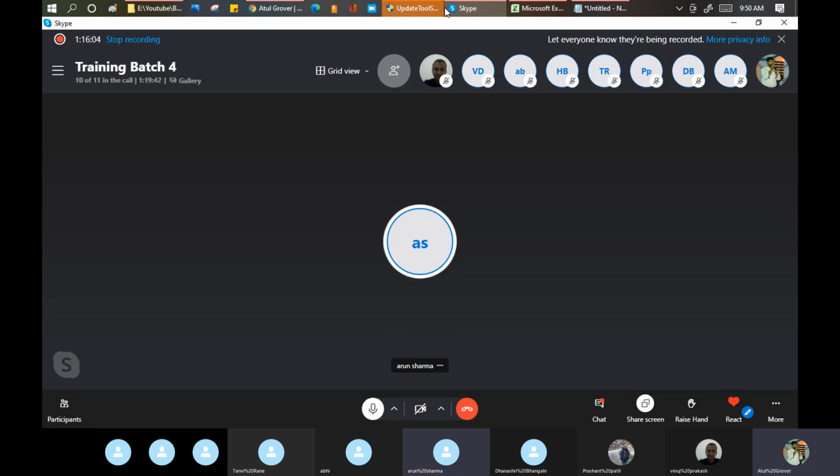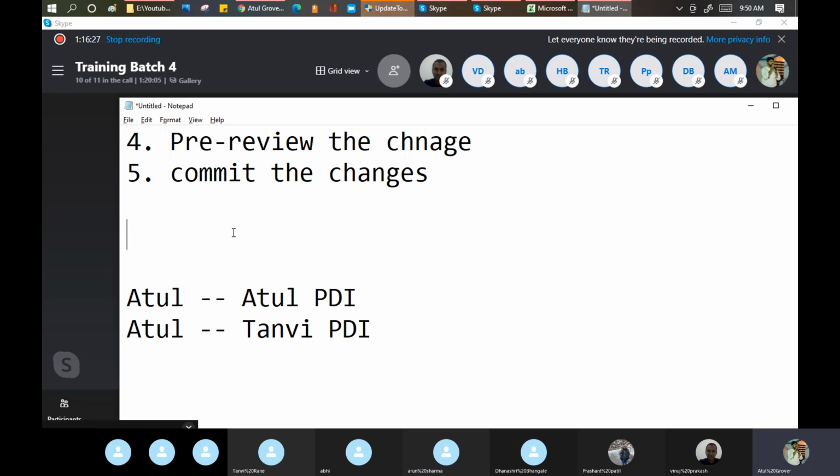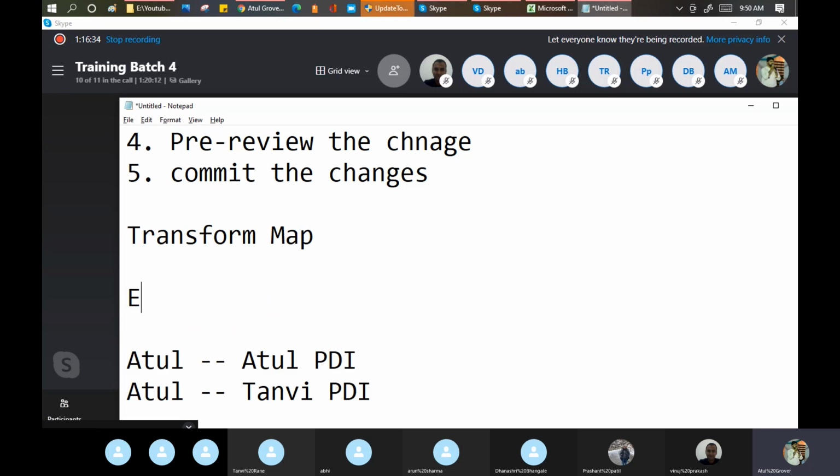So this was the role of the XML and the sys ID, right? Whereas two days ago, when we spoke about the transform map, that was about updating data inside itself. Not like this, because here we are moving the data. What we did earlier with the transform map was bring data from Excel to Dev.